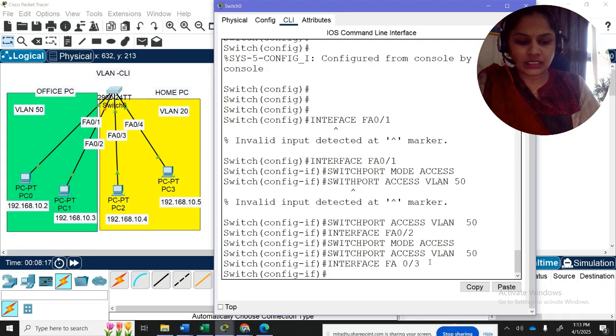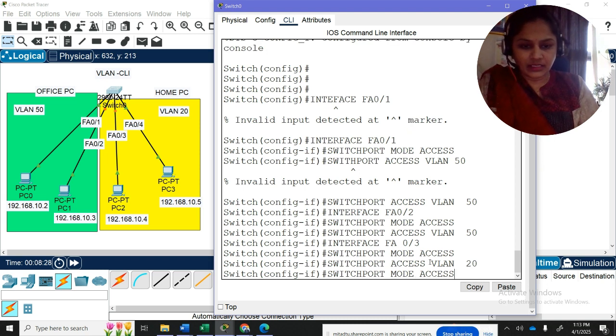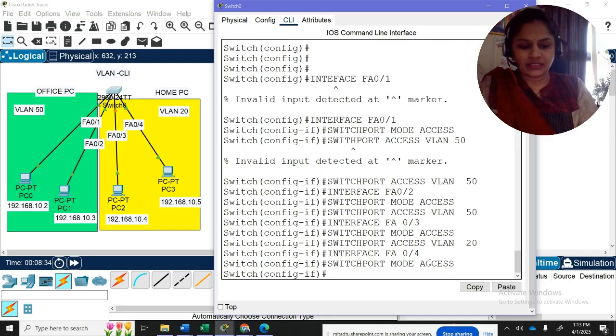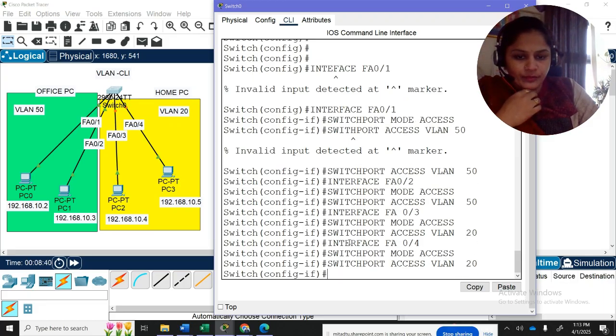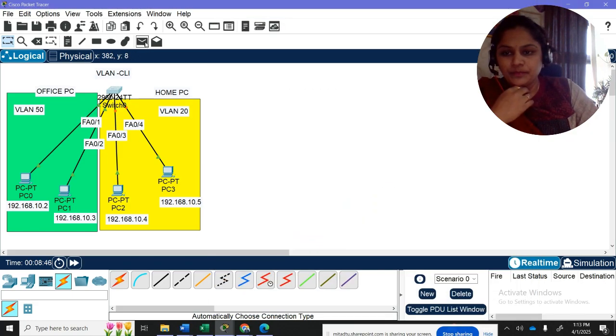So for this interface, switchport mode access, and we are giving access to VLAN 20. And the next interface 0/4, we are giving access to VLAN 20. And yes, using these commands, we have successfully partitioned our network.